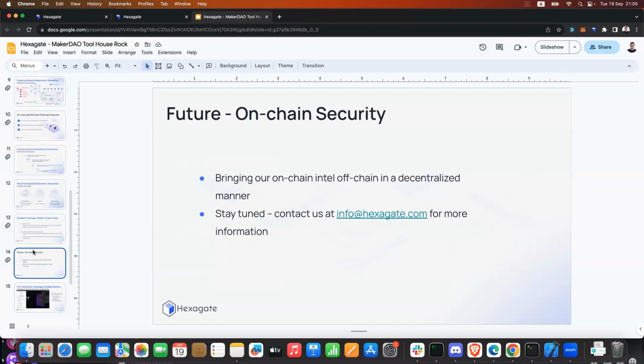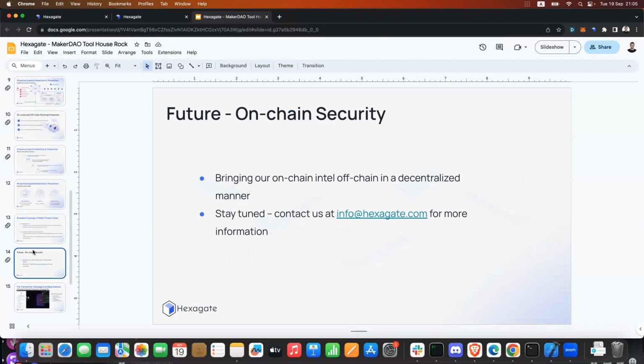It's still not available for anyone to use, but we have been discussing with top leaders in the space, and we're about to release a white paper on that.